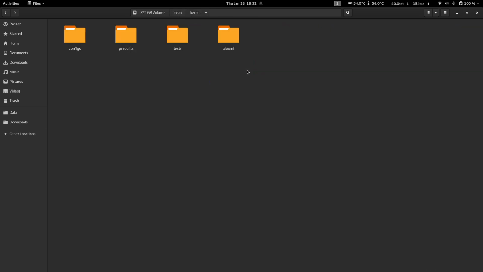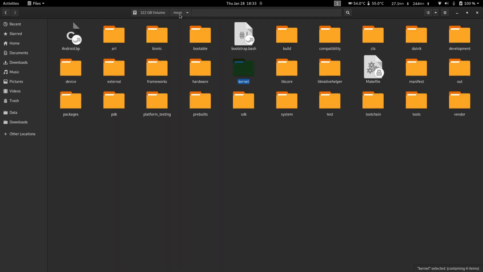Okay, so say you want to compile your kernel using a different toolchain. I'm not really sure if you guys know how to compile a kernel, but to compile a kernel you basically need something called a toolchain. You also need a cross compiler, since you're compiling on Linux on an x86-64 platform, and your kernel actually has to run on an ARM processor, so you need a cross compiler as well.